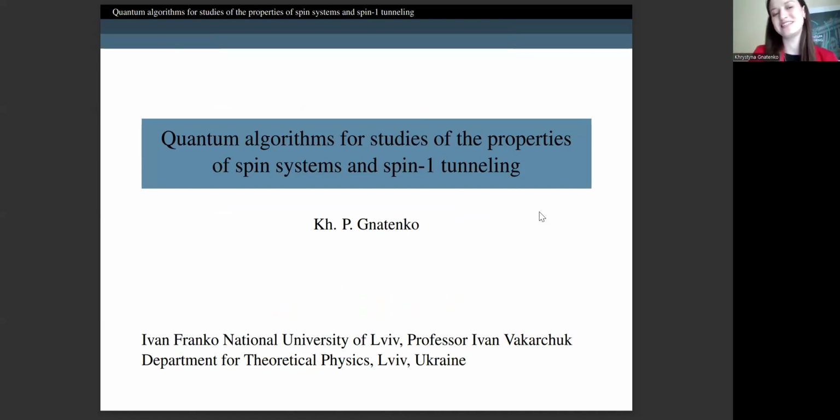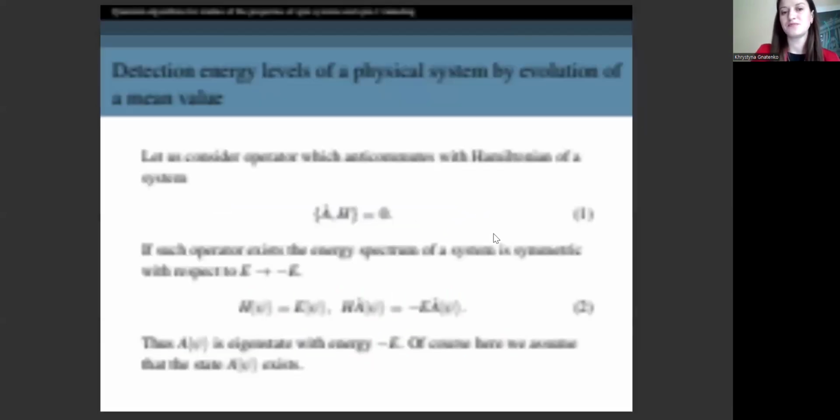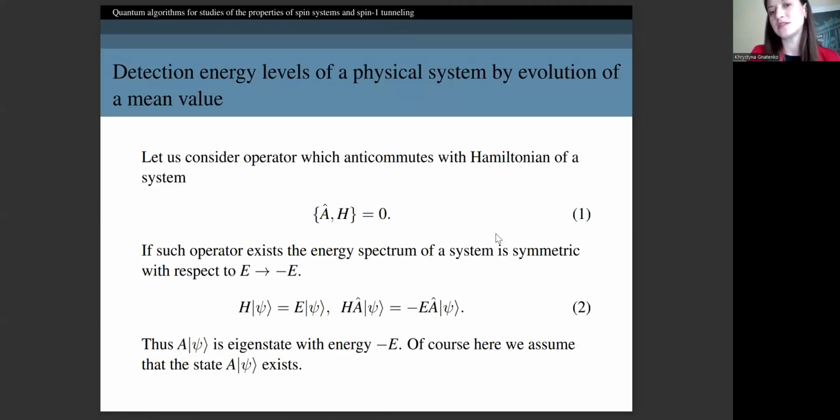So let's start to discuss the scientific results on quantum algorithms for studies of properties of spin systems and spin-1 tunneling. First of all, I would like to start with the main problem of quantum mechanics, finding or detection of the energy levels of physical systems. And this problem can be solved with quantum programming. And we proposed the algorithm for